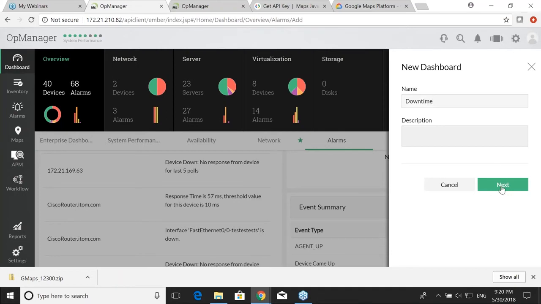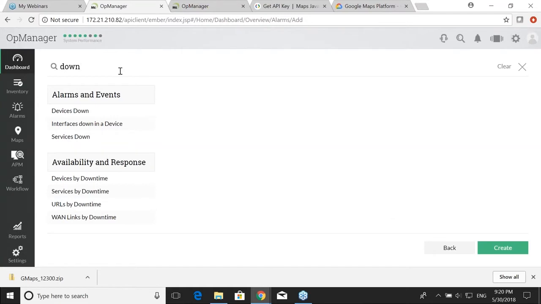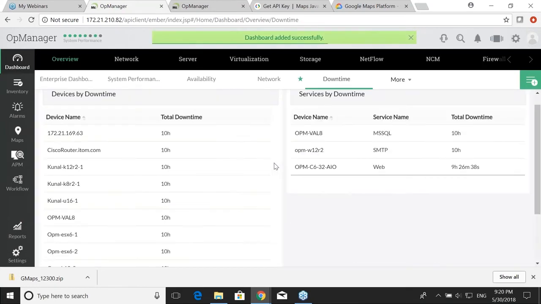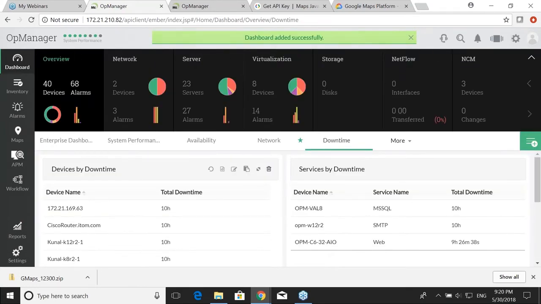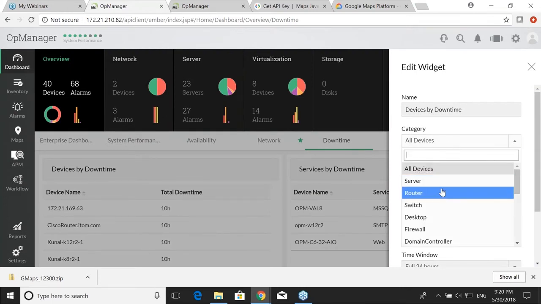I'm calling this Downtime, and all I'm going to do is search for downtime. Devices by downtime and services by downtime are all I want to create from this dashboard. So I'm selecting the respective widgets, and as and when I select a widget, it displays the information for me. If you want to customize this, you can edit it, and if you want to filter this to a specific